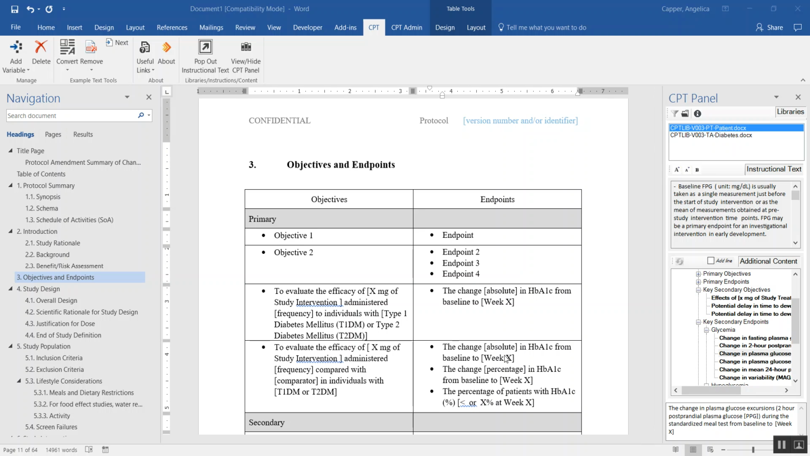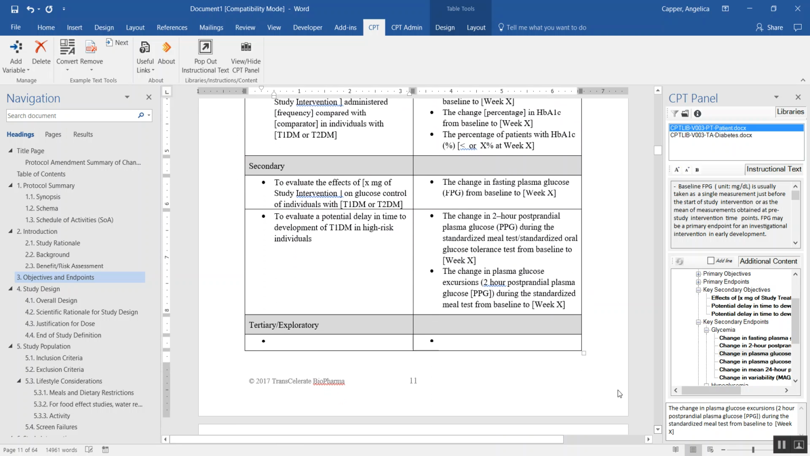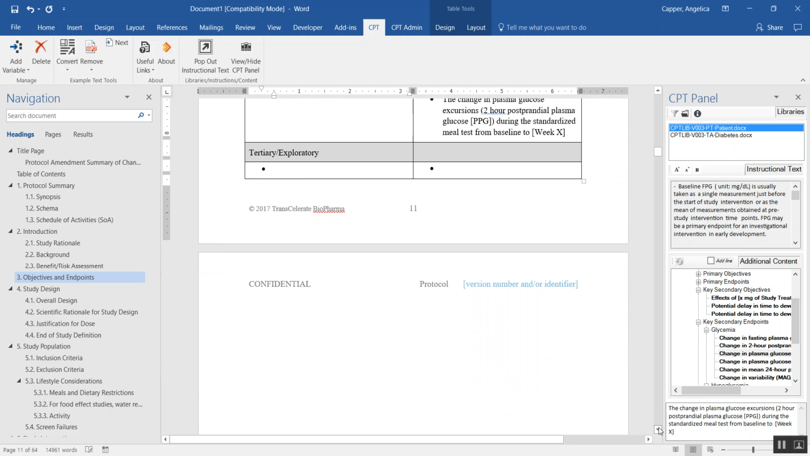Objectives and endpoints also appear in the Synopsis section of the CPT template. After a user has entered all their objectives and endpoints inside of Section 3 of the template, a user can then make the selections that should be updated into the Synopsis table. Upon exiting the Objectives and Endpoints table,